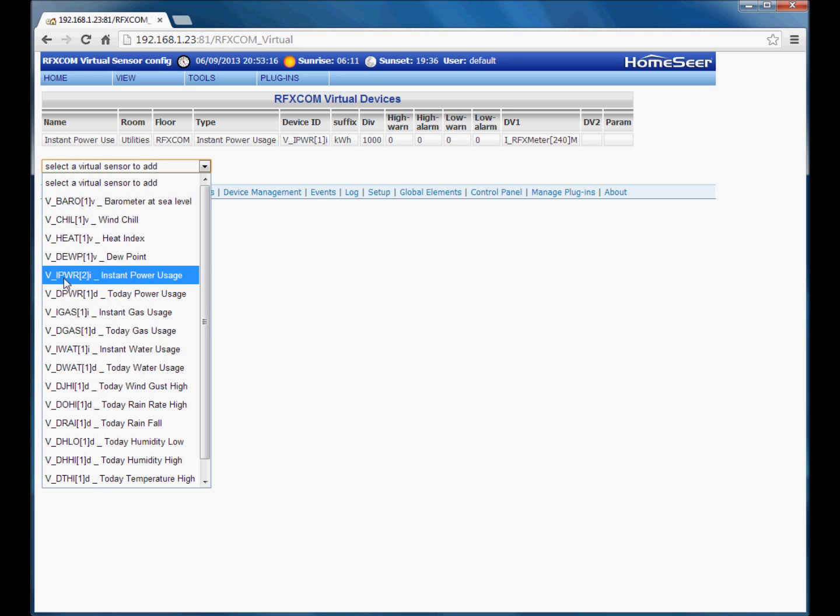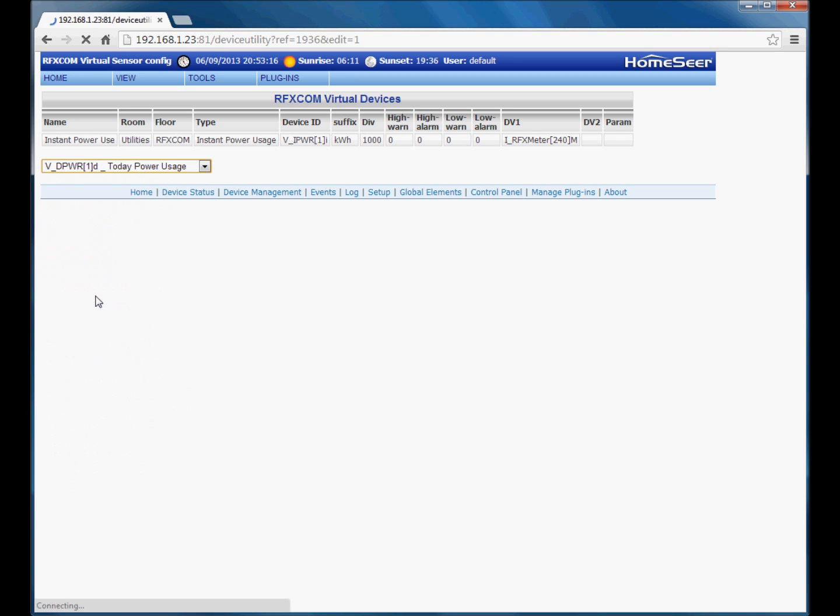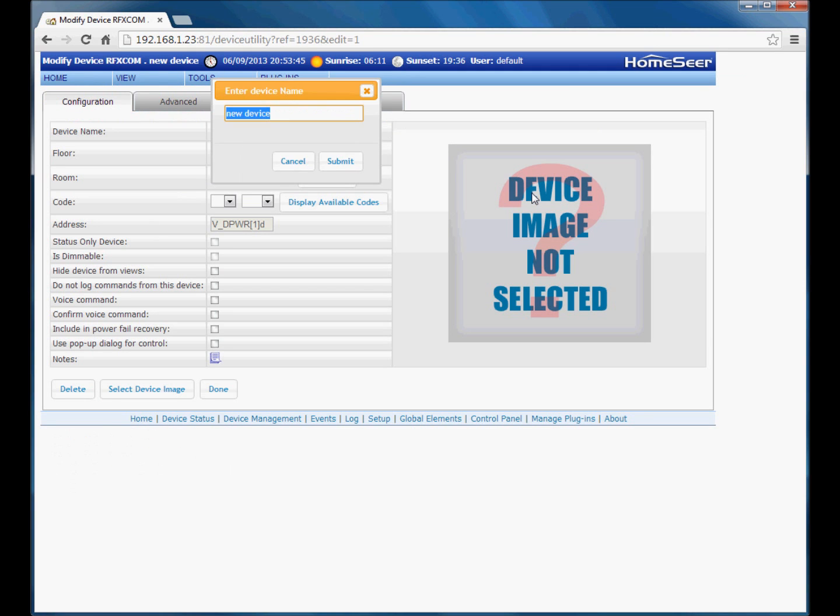So if you can see here, the next instant power usage device that we would create would be given the next address, which would be a 2 there. So we're going to create a today power usage device. Okay, and then we'll name that today power use,